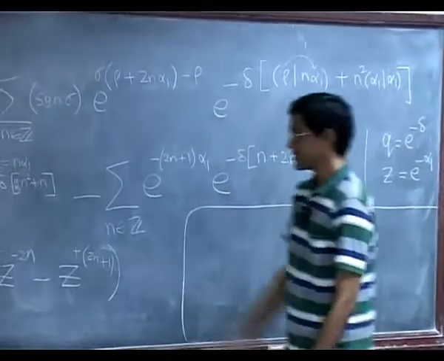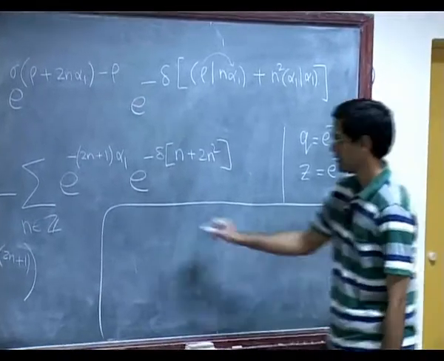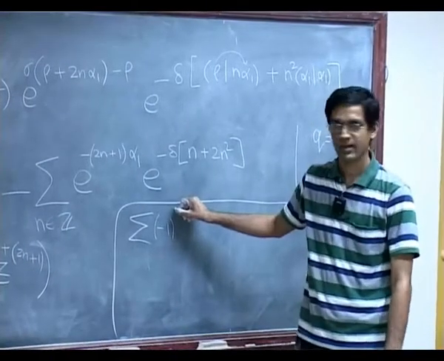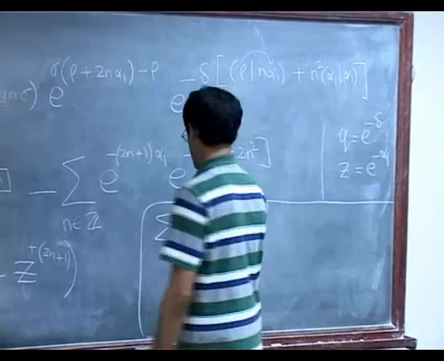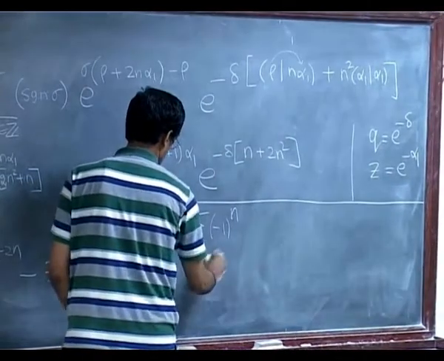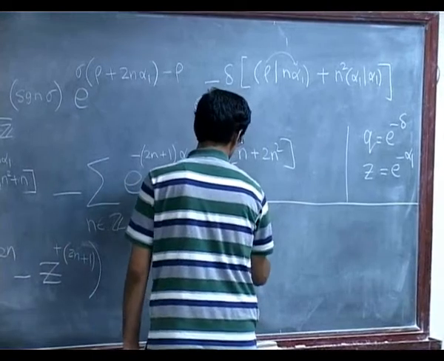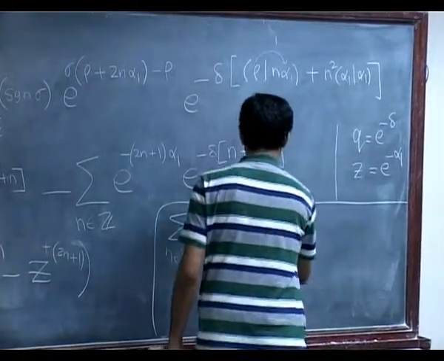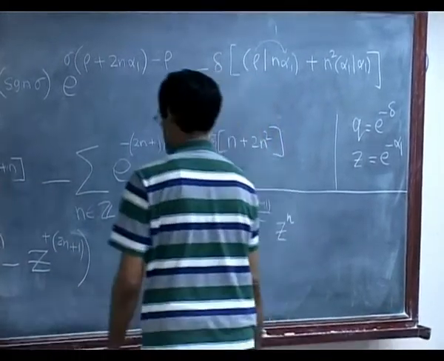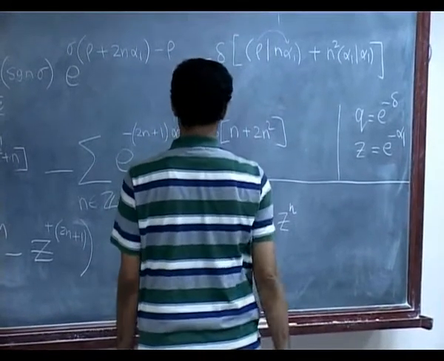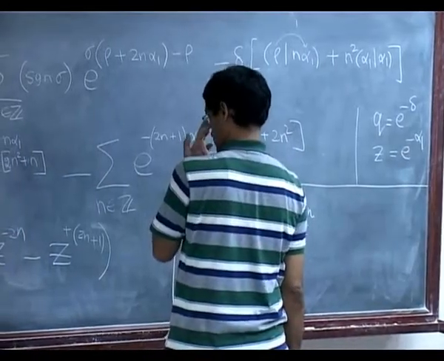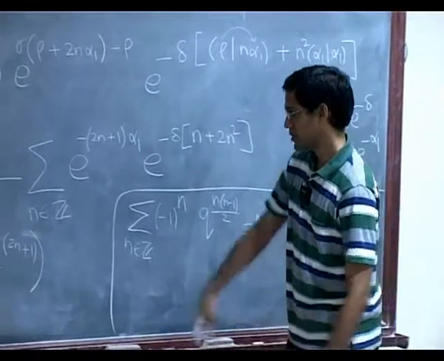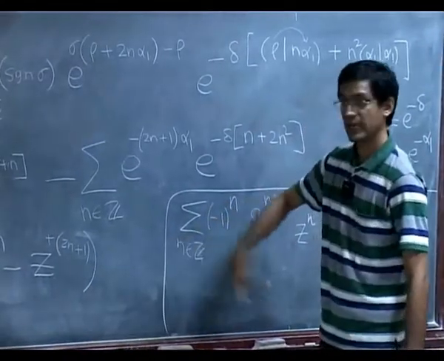But let's see why this is the same as the Jacobi identity, just to sync up perfectly with that. Jacobi identity was what? Can someone help me with this? Minus 1 to the n, q to the n times n minus 1 over 2, z to the, right, minus 1 to the n, that's right, right? Is this right? This was the Jacobi triple product. Okay, so let's see, how do we try and get this and this to equal each other?